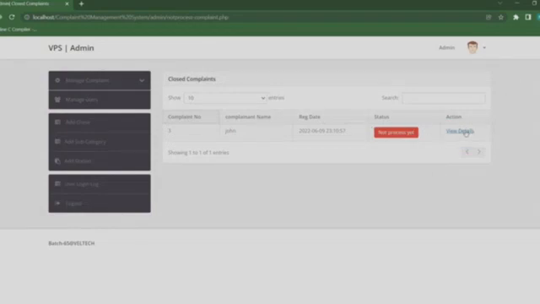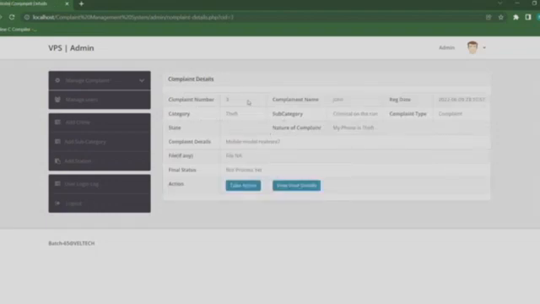While clicking the view details, we can see those details which were given by the client, like the complaint number, category, and all this information regarding the crime will be given here. And there are two buttons here, like take action and view user details.